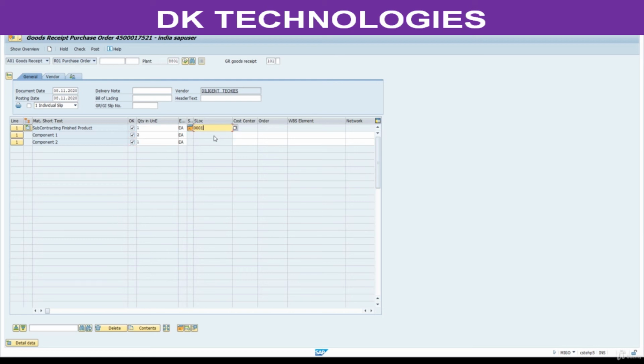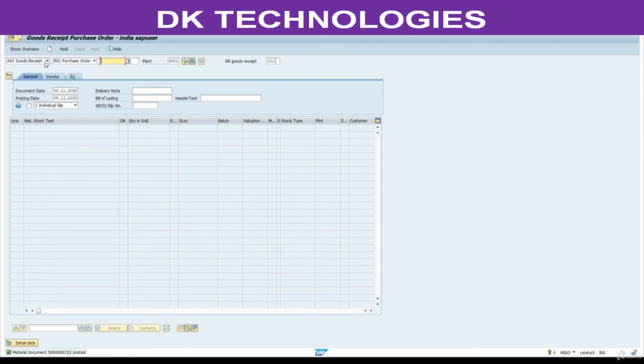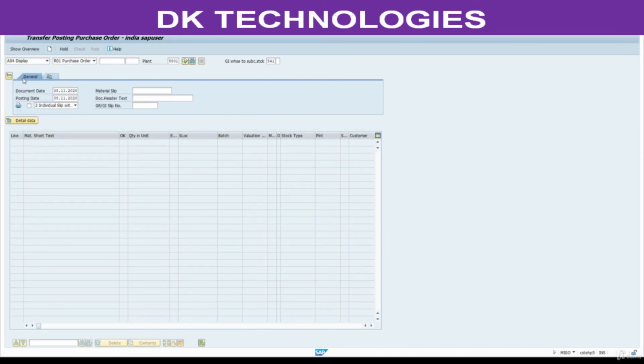Storage location. Press enter. Check for consistency. See, it got resolved. Now post it. The system posted this document. Sorry, go to display.